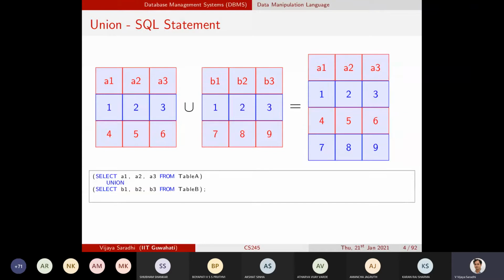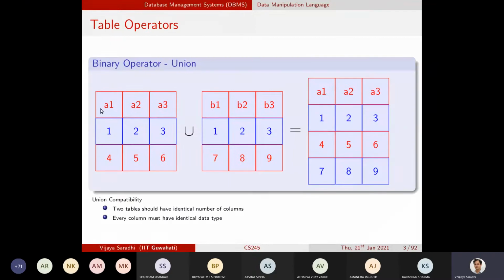The way that you query this in SQL is that union is the keyword which will perform the operation given two tables. Now, how do you get the first table and its contents? They are not already available.